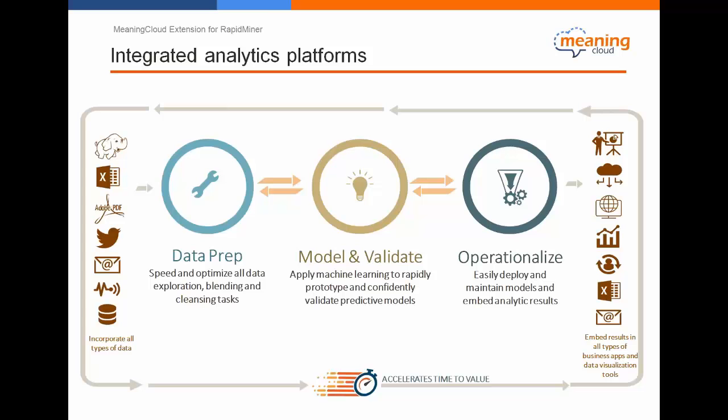The idea of this is to enable this rapid iteration of the models so that we can really accelerate our time to value in these initiatives.